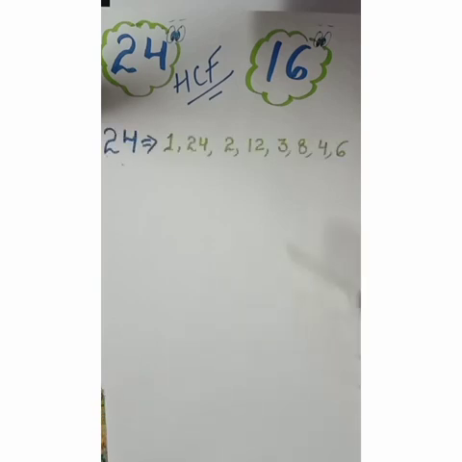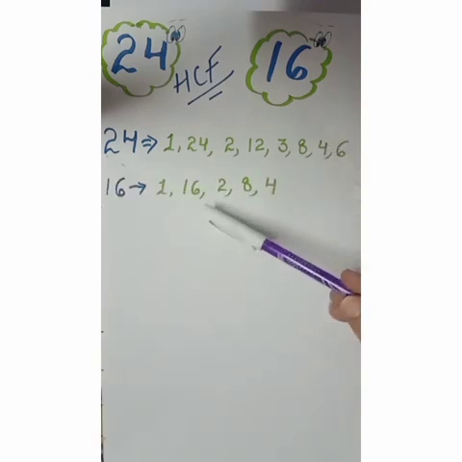The numbers 24 and 16 wanted to find out their common factors. So what they did, firstly they wrote down their factors. 24 said, I have my own factors. So number 24 showed its factors. Those factors were 1, 24, 2, 12, 3, 8, 4 and 6. And then number 16 also said, I also have my factors. Then number 16 showed its factors. Those factors are 1, 16, 2, 8 and 4.